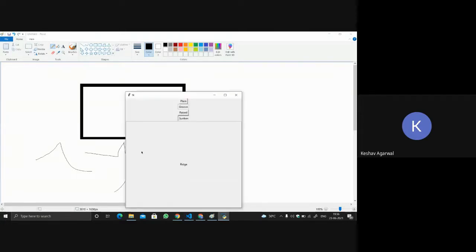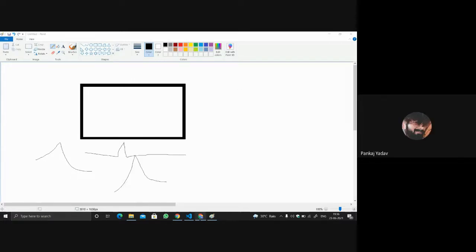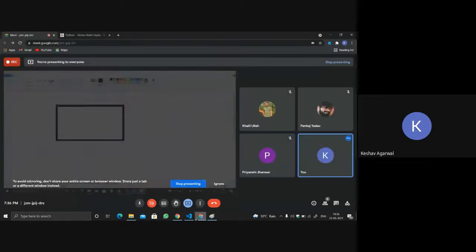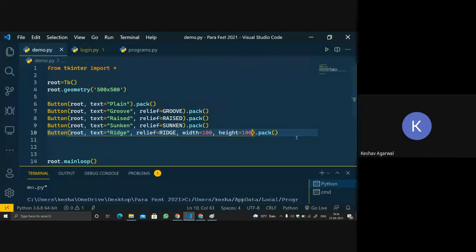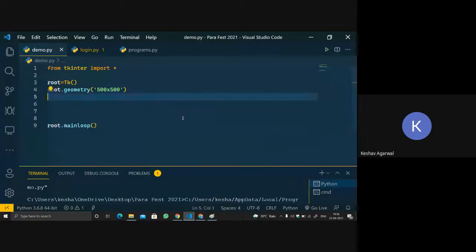So like that only, you can see over here the button is exactly the same. Okay, understand. Just this is highlighted, the relief. The button gave a border, kind of a raised border. Okay, fine. So is this tag clear, that relief and all these tags?